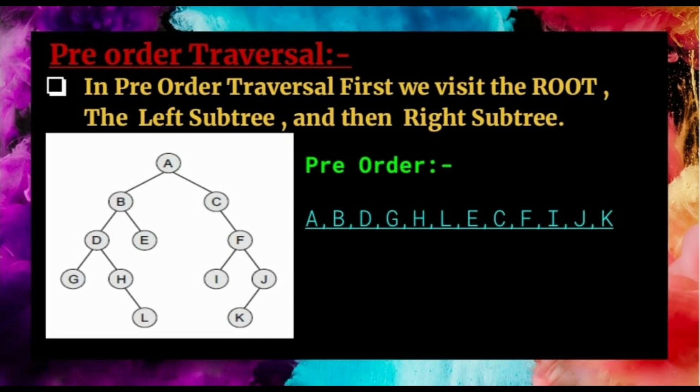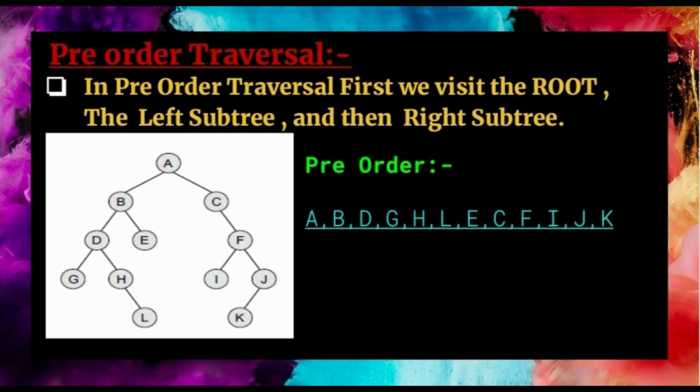Now we focus on the left subtree. B is the root of the left subtree of A, and further we move towards the left. We read D and next G. There is nothing in the left of G. Then for D, the left subtree is done. So we can go right, which is H. H has no left subtree, and then we read the right subtree value as L. We can move towards E. It is null on the left and it will be read, that is, print E.